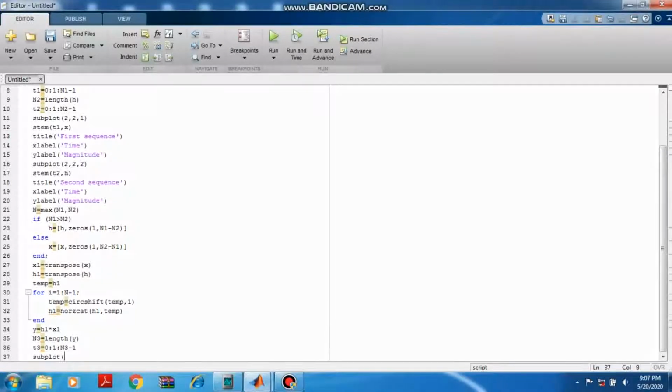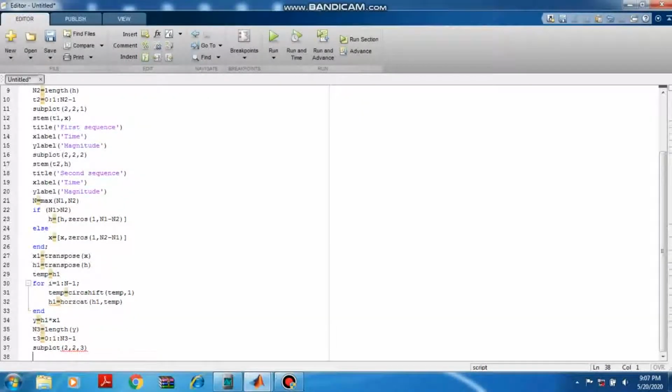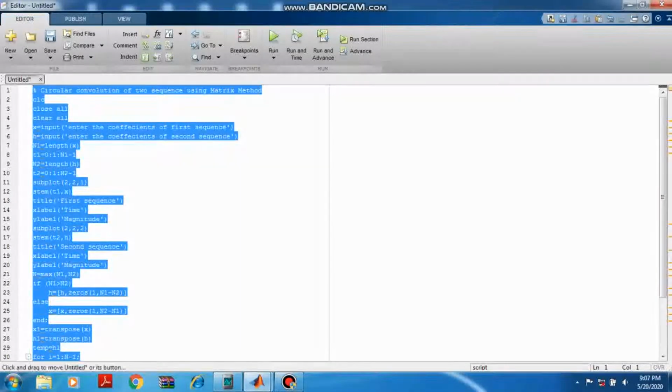Subplot, I need to plot that output, right? So I'm doing this with stem t3 comma y. Now we'll try evaluating all this.